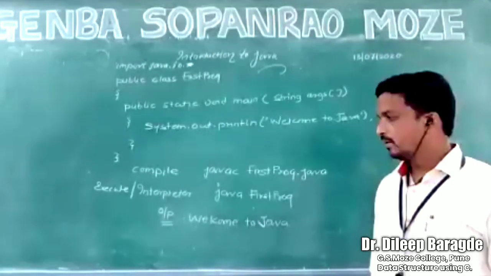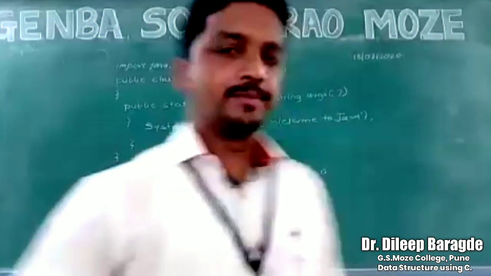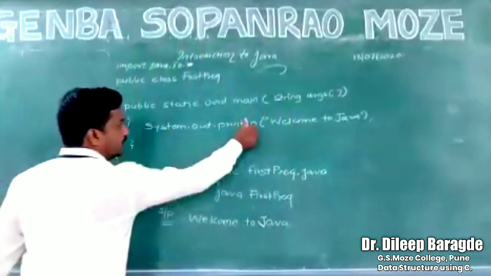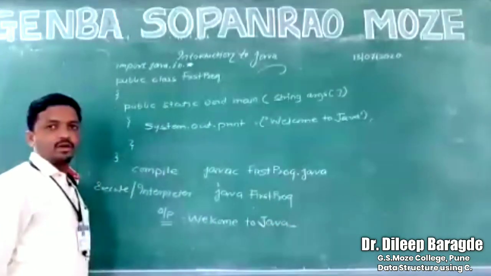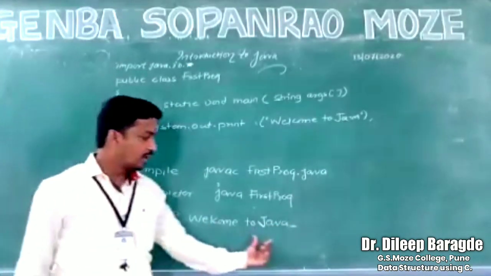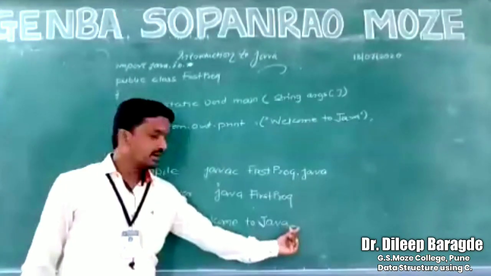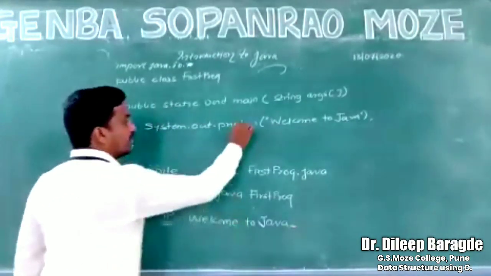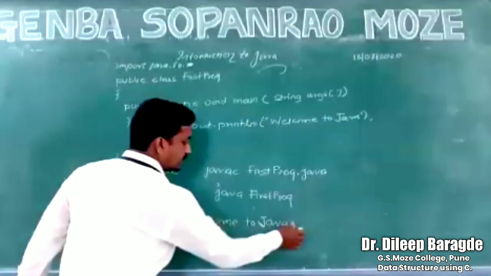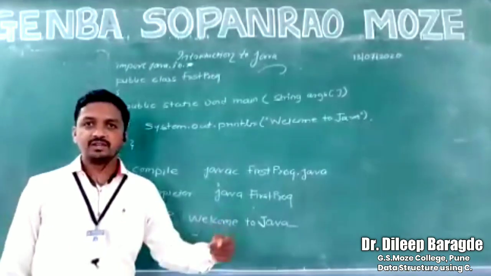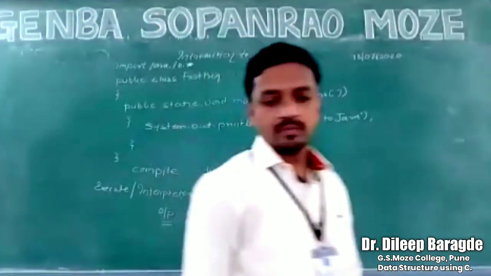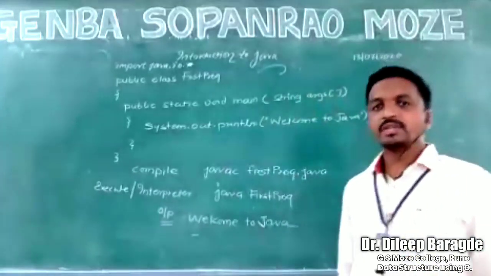if we only write print, is there any problem, instead of system.out.println? Okay, so look here. If I use print, then it will print and the cursor will blink here, at the end of the output. And if I use ln, then the cursor will move to the next line. Instead of slash n, we use ln. Apart from this, does anyone have any other doubt?